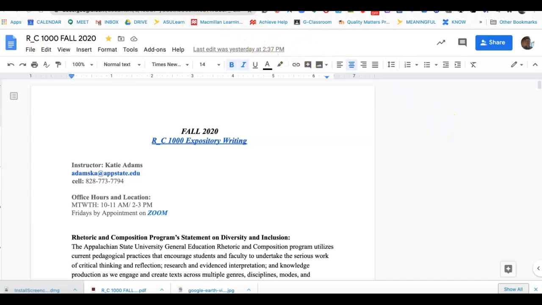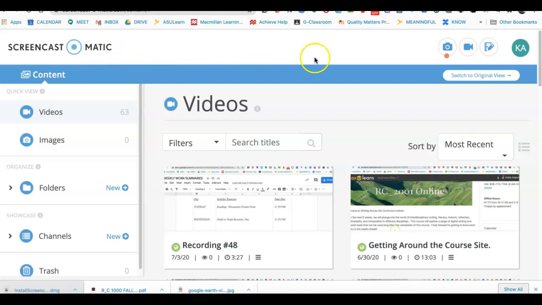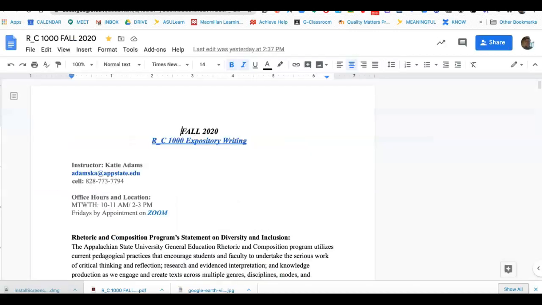throughout the semester. If you go to Screencast-o-matic.com, you can create a free account which will allow you to record up to 15 minutes of a web using your webcam, and you can either turn yourself off or on, as you've seen in my introductory videos. So you can download the screen recorder from the website, or you can just use what's loaded within the actual browser. So once you choose which way you want to go and set up your free account,